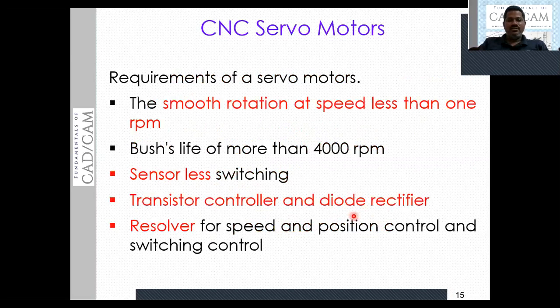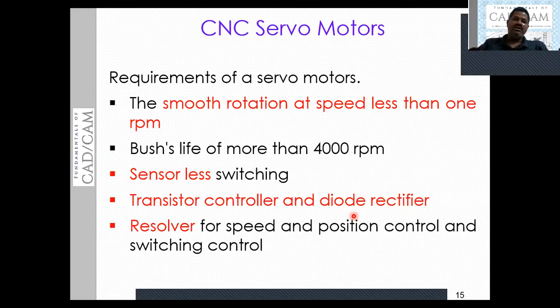Then we come to the requirements of the servo motors. Whenever we are using servo motors in a CNC system, those servo motors must meet some requirements. It should be smooth in its operation at speeds of less than 1 rpm.